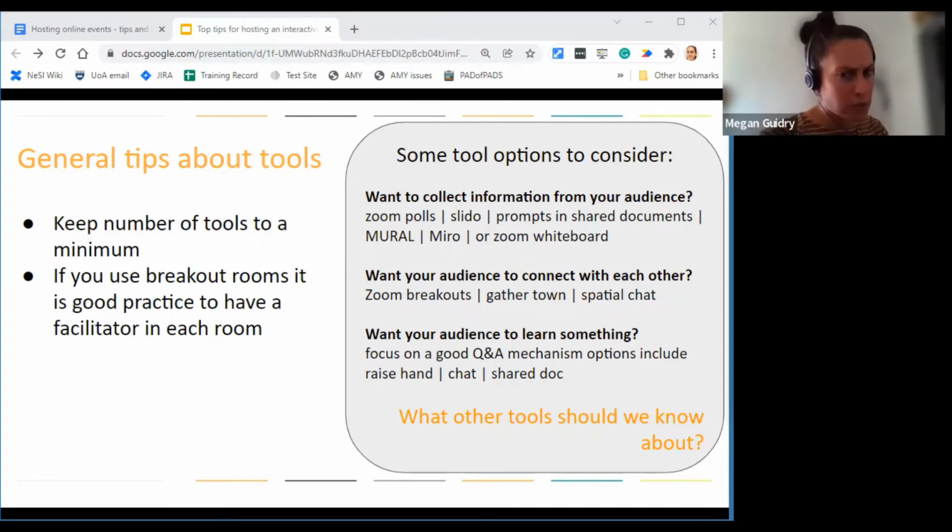And if you do want to use breakout rooms for your session, I encourage you to have a designated breakout room helper. I kind of mentioned this before. That's there specifically to handle sending people out and bringing people back from your breakout rooms. And you might also want to have room facilitators in each of your breakout rooms to keep conversation flowing